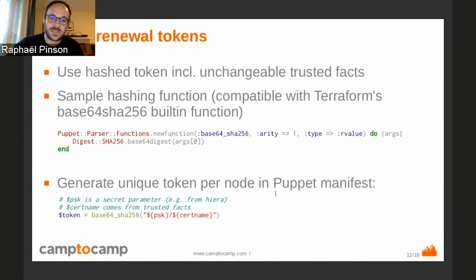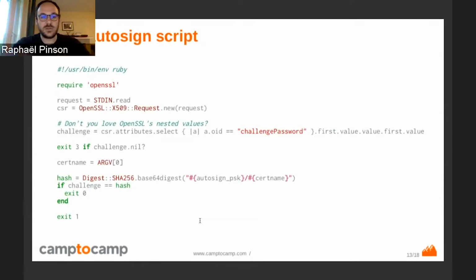And in order to do this, we came up with a way to hash the certificate, something like this. We have a PSK that is shared, and then the cert name of the machine, and then we generate a hash based on this, and we store this as the secret in the certificate request. And then on the master, the autosign script will generate the same secret based on the PSK that is known and the cert name that is requested, so that this way,